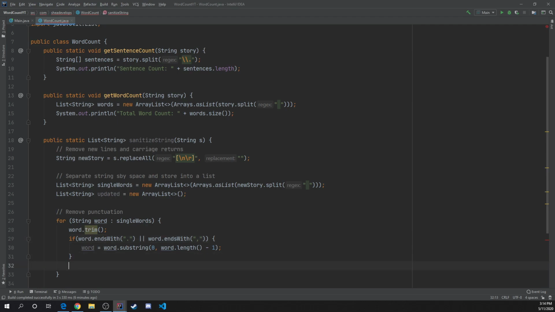But in order for it to actually take effect, I need to save it into this other list here, which was called updated. So we'll do updated.add